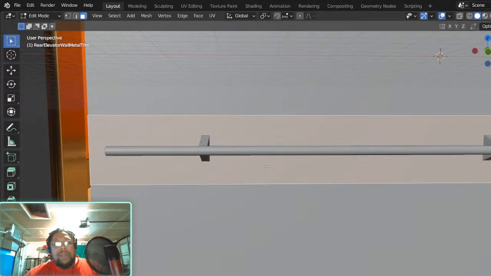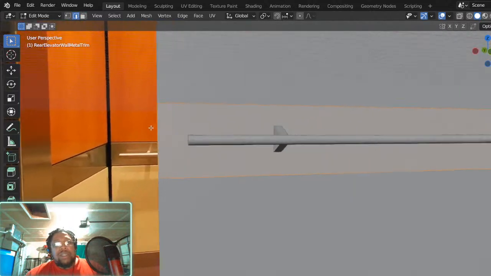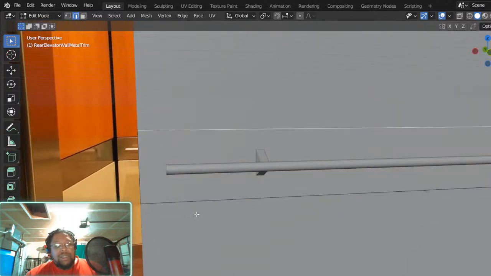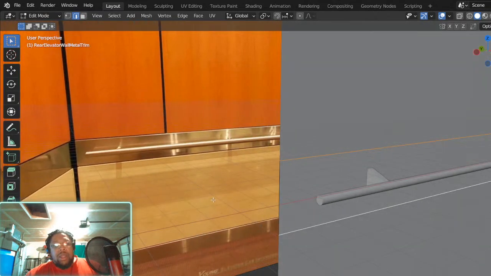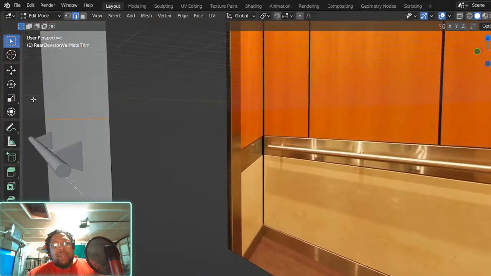So I added more than this. What I want to do is take these edges. Now, I don't want to take the outside. Yeah, just those edges. This edge. This edge. I'm going to extrude them, but I'm going to hit enter before I pull them back. I'm going to get this right here.